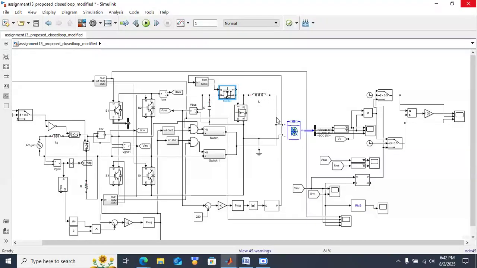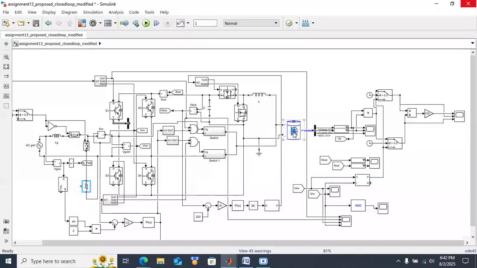So buck operation takes place and the output voltage is reduced to be the same as the battery voltage. Similarly, when the battery is discharging, it goes through this bidirectional switch and is provided to the AC load